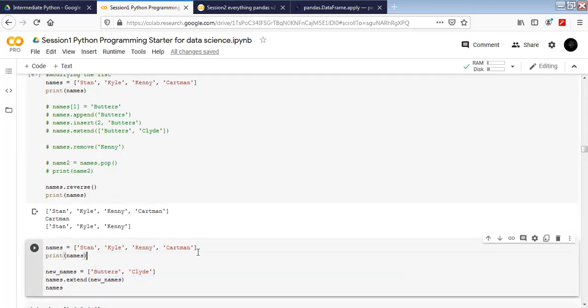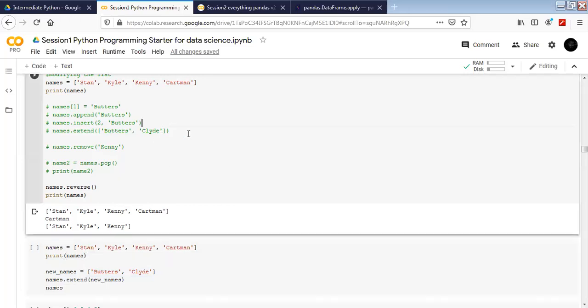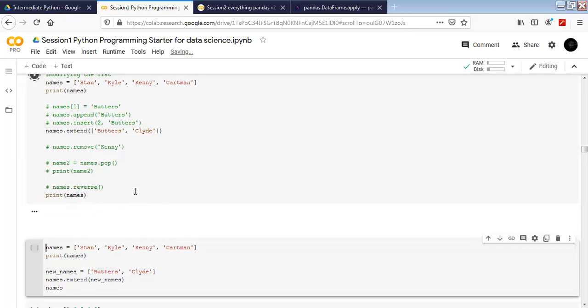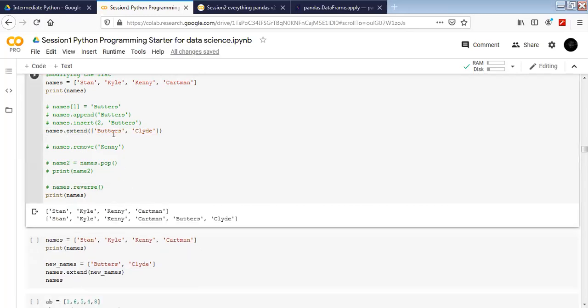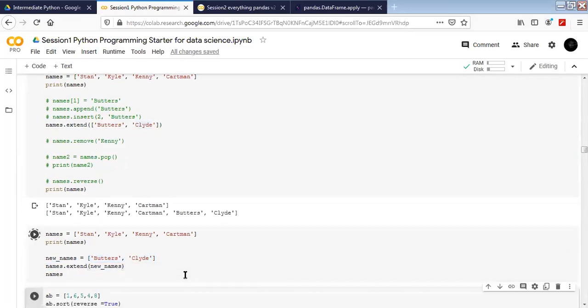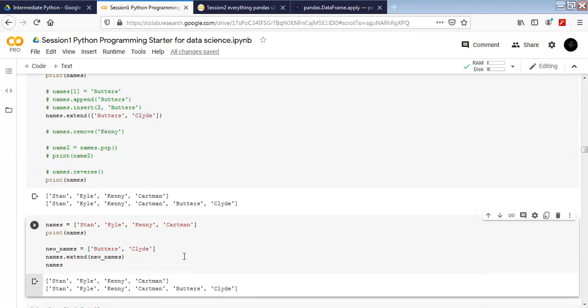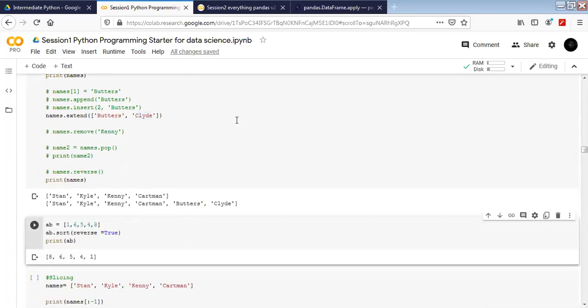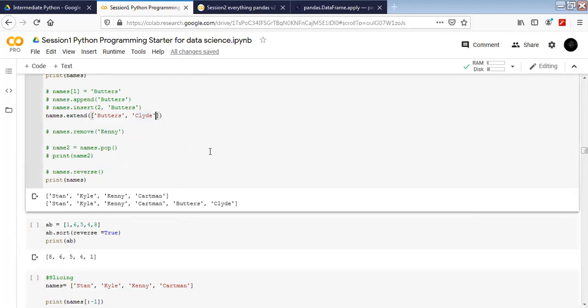So what's going to be the output here in this case? It's going to be exactly the same as the extend output we saw here, because this is actually a list that we passed here. The output is going to be the same here. Understood?